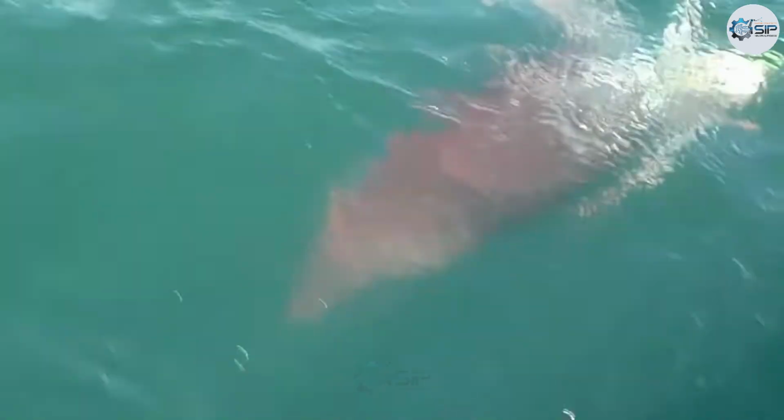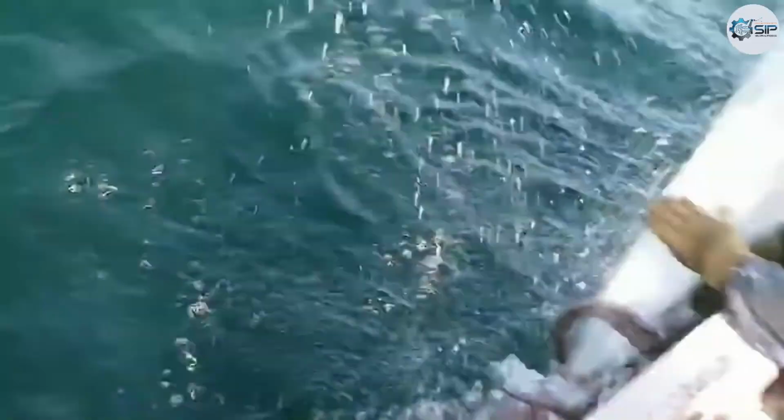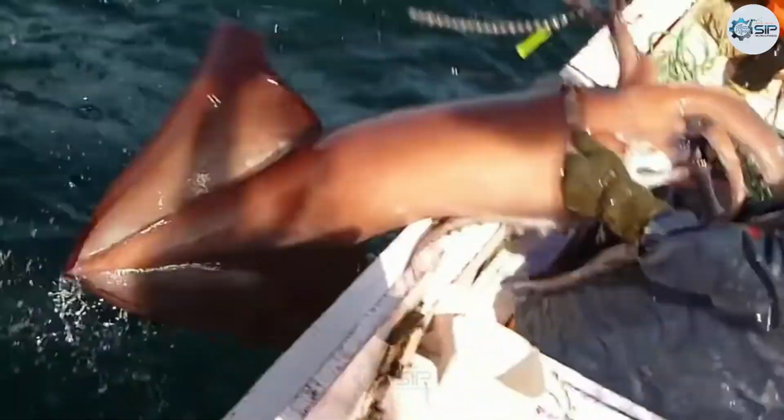In the depths of the ocean, where light barely reaches, an incredible hunt unfolds. European fishermen venture into these dark waters, chasing one of the most elusive and fascinating creatures of the sea, the giant squid. These massive deep-sea creatures have captured the imagination of people for centuries, but only a few have ever seen them up close. Now, armed with advanced technology and expert knowledge, these fishermen are reeling in giant squids, some